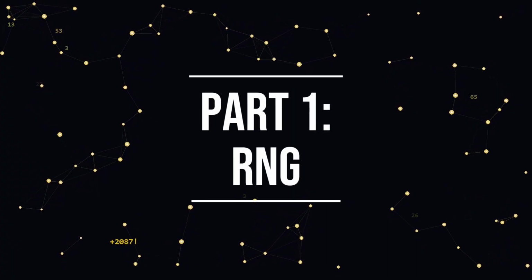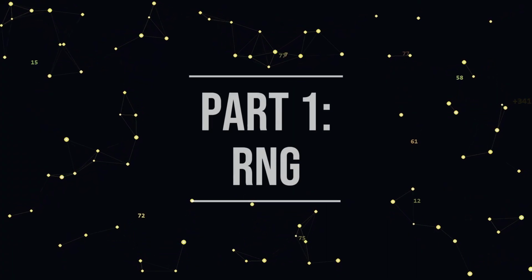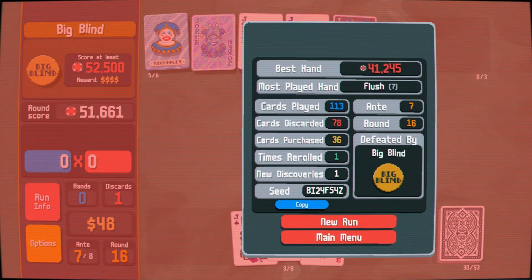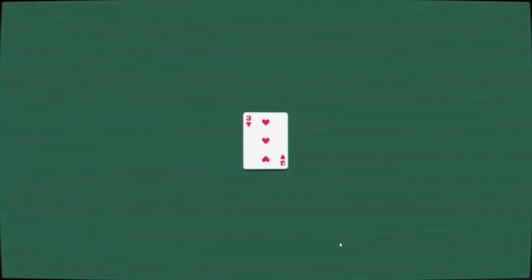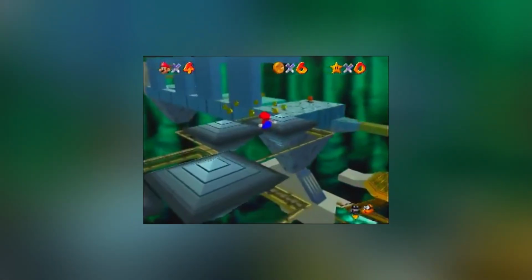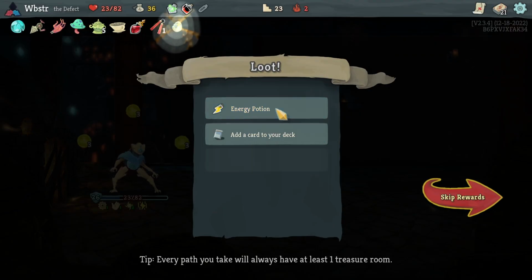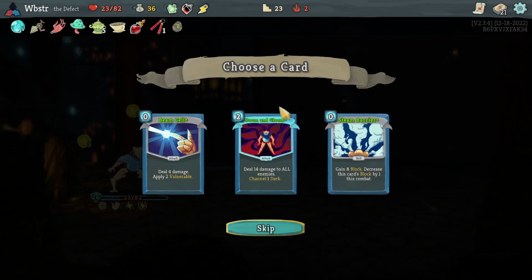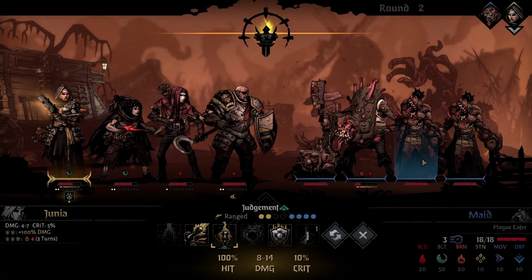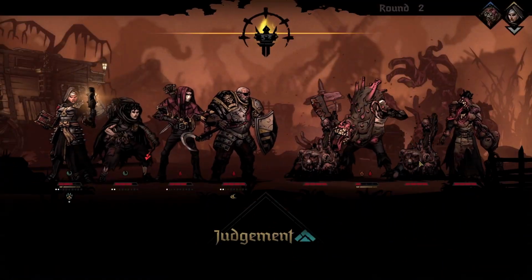RNG. We hear this term frequently in the context of video games, most often in phrases like "I got terrible RNG during this run" or "my speedrun was ruined by bad RNG." In a casual sense, players use it to describe the overall outcomes of a game's random systems and how lucky they got, whether they managed to loot a powerful weapon, land a critical hit at a crucial moment, or draft